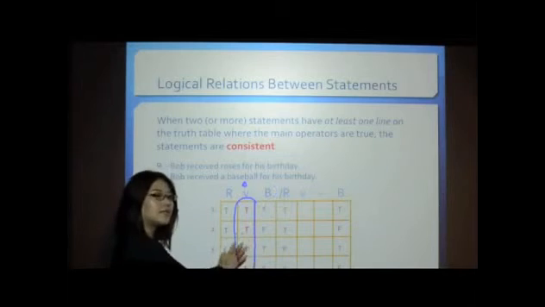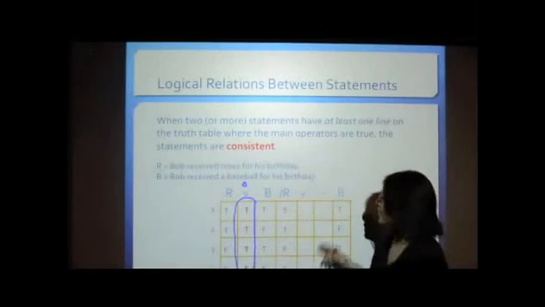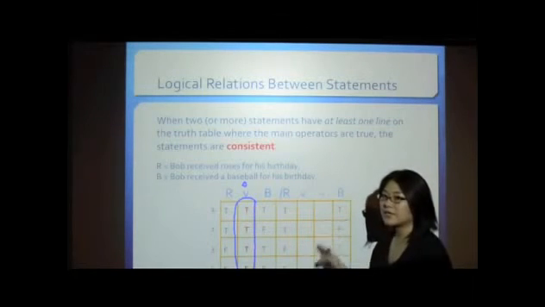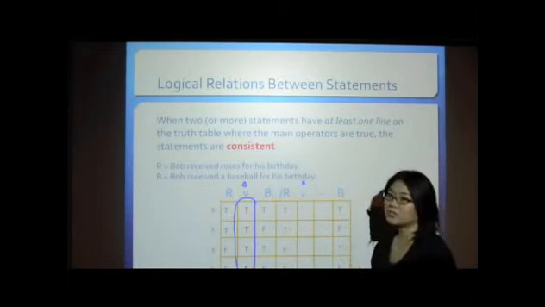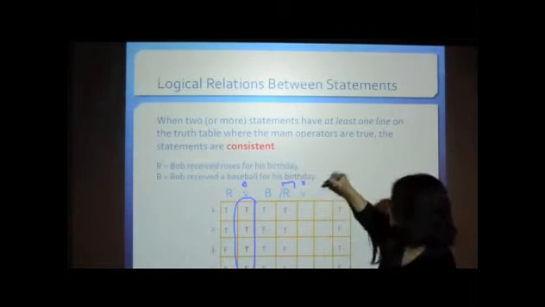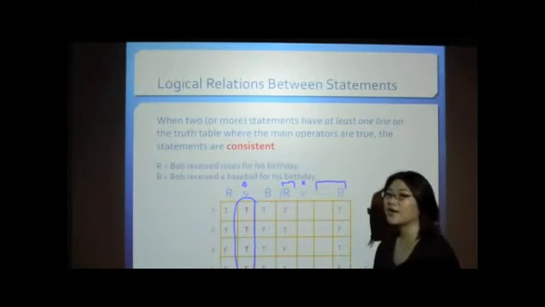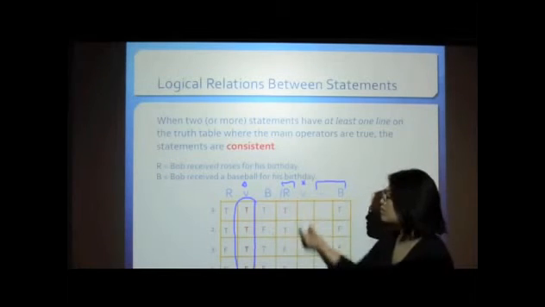Now that we're done with this statement, we're going to move over here and do this statement, okay? This statement is a disjunction as well. The main logical operator for this statement is the disjunction, okay? This disjunction pulls together the two main components, which are the R and the not B, okay? So we want to do the truth values for the main components before we do the truth value for the